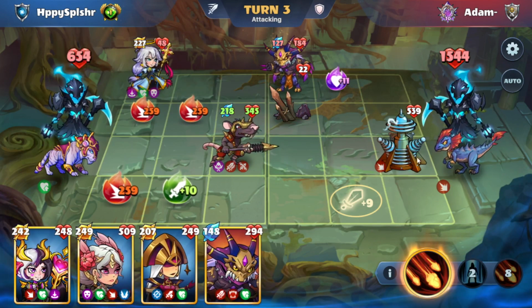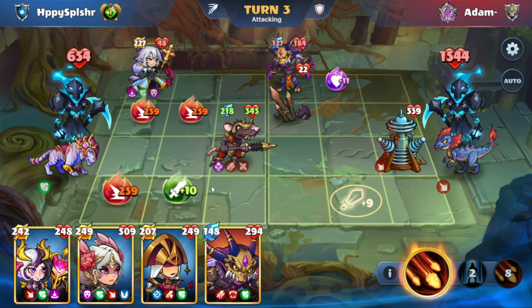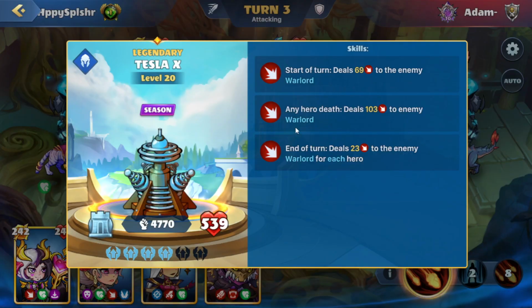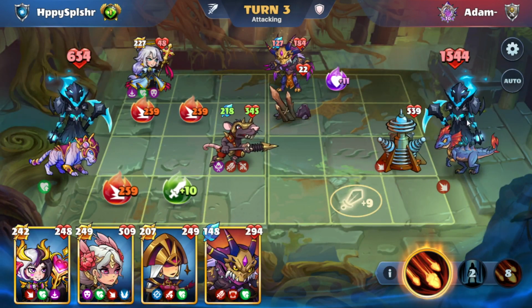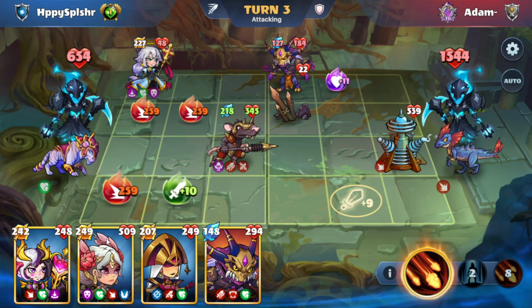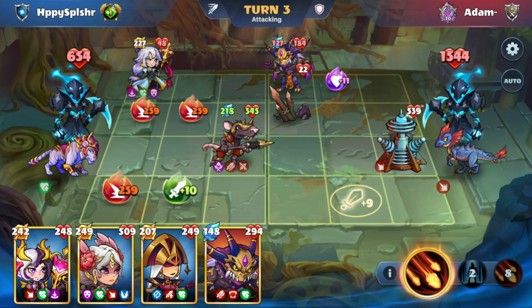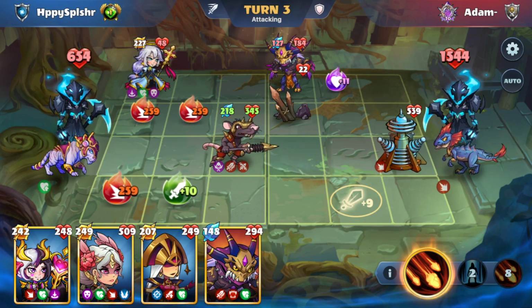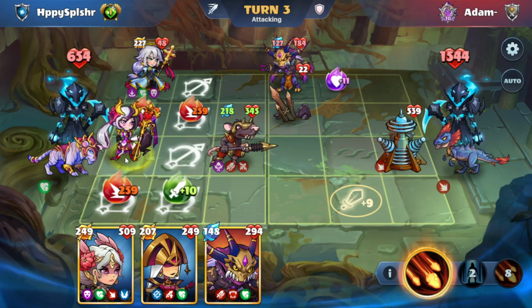Okay, we got next the Tesla X, which is going to deal some damage at the end of the turn. We'll be able to clear out this hero, so that's not a problem. We'll take a little bit of damage off of the hero death, so we're at 103. And probably next turn they're going to be doing their damage skill. So we want to find a way to prevent that. We want to keep some heroes on the board. Let's go actually with the...